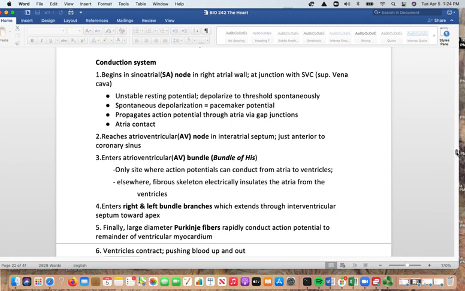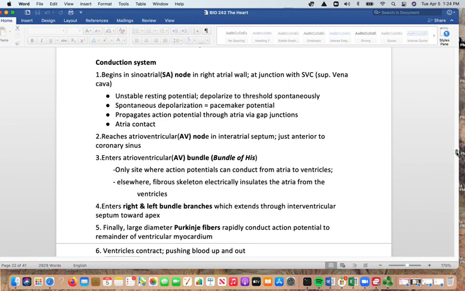It propagates the action potential through the gap junctions in the atrial cells, and then the atria contract. So then it will reach the AV node eventually in the inner atrial septum. This is located just anterior to the coronary sinus. So here it enters the AV bundle or bundle of His. This is the only site where the action potentials are able to be conducted down from the atria into the